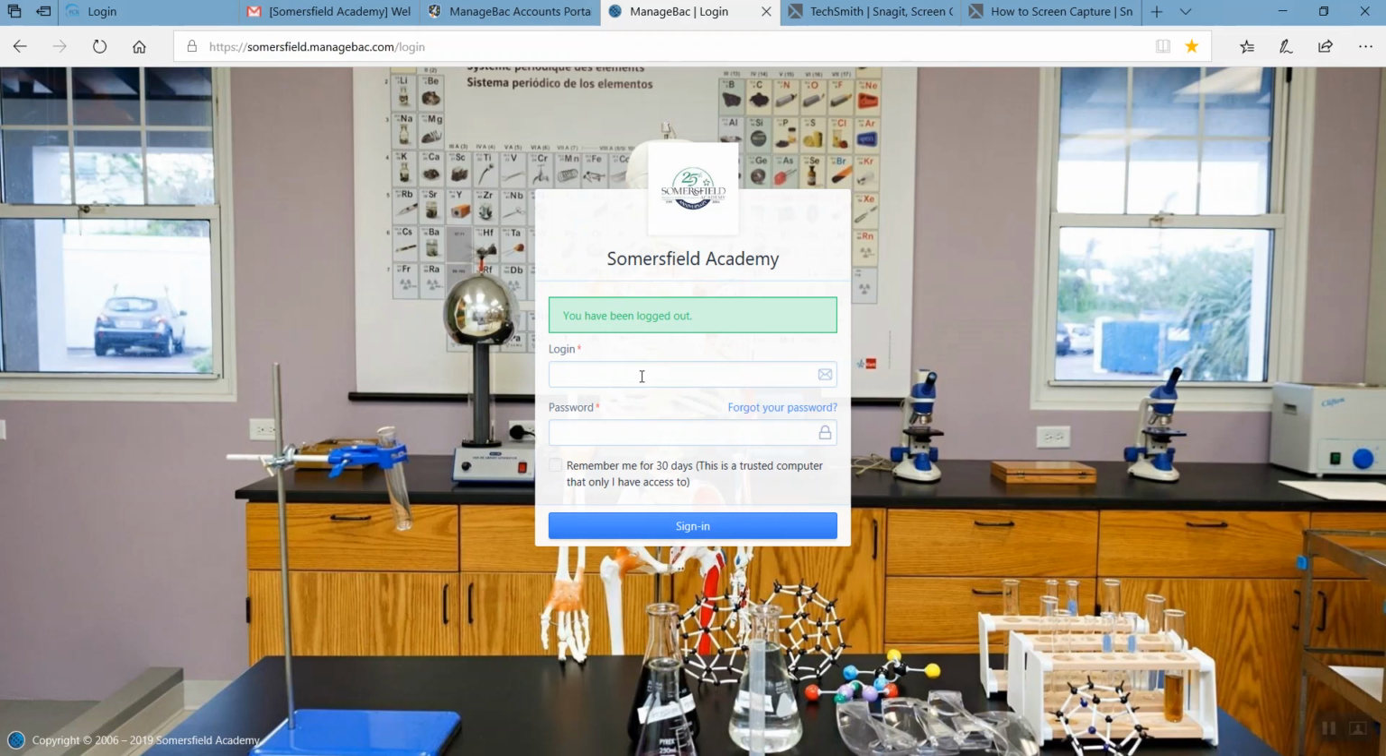And this is the same for kids as it is for parents. So once I'm here, and normally you would just save this in your favorites so you can get it quickly, you have to enter your info. So I'm going to enter the dummy password I've made. And hopefully